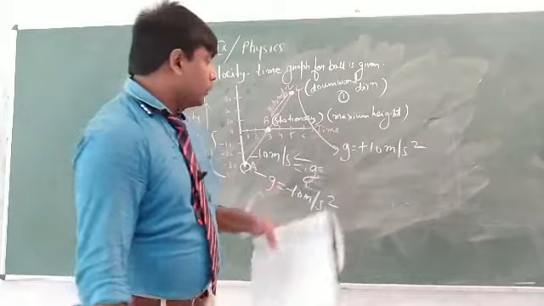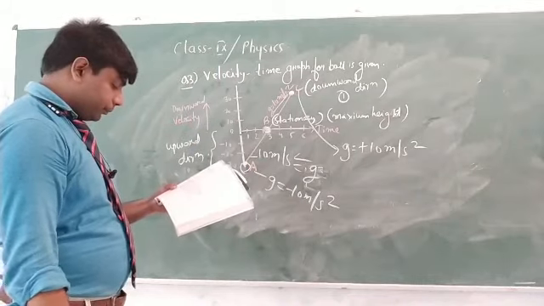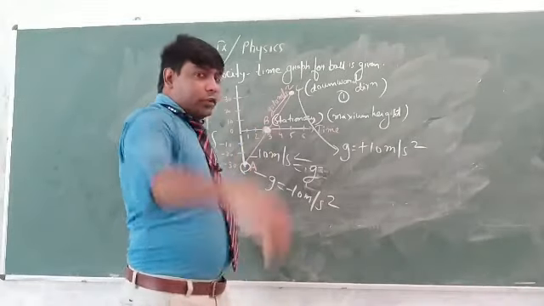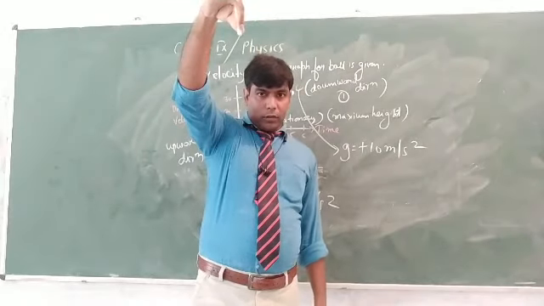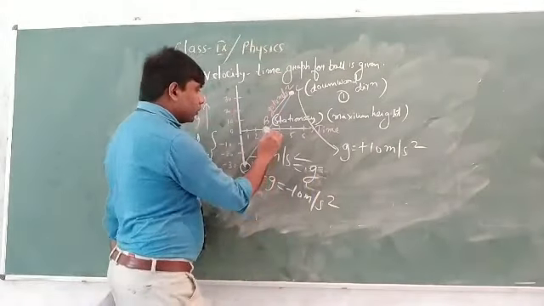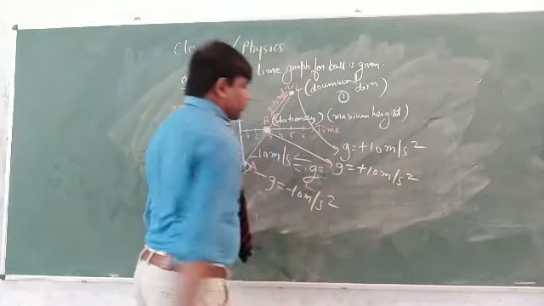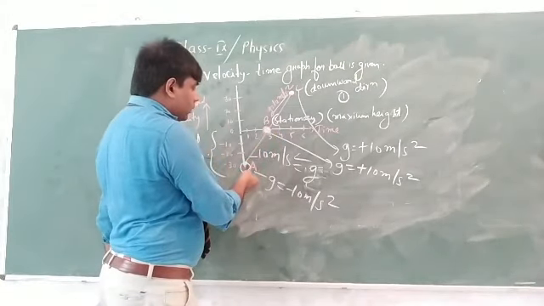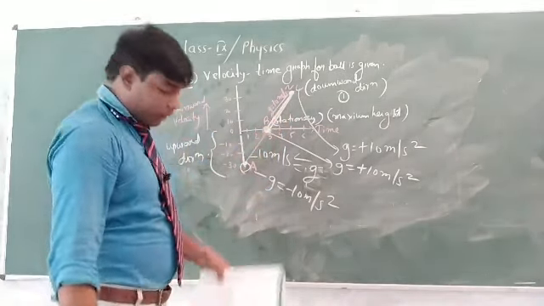What is the ball's acceleration at point B? Which is point B? This is point B, the maximum height position. Now see, when I am holding this chalk, gravity is pulling it downward. So in the downward direction, g will be positive. So at B also, g is equal to 10 meters per second squared. Here it is positive, positive, positive. From here negative, negative, negative. Here it will become positive, and here it will be positive.